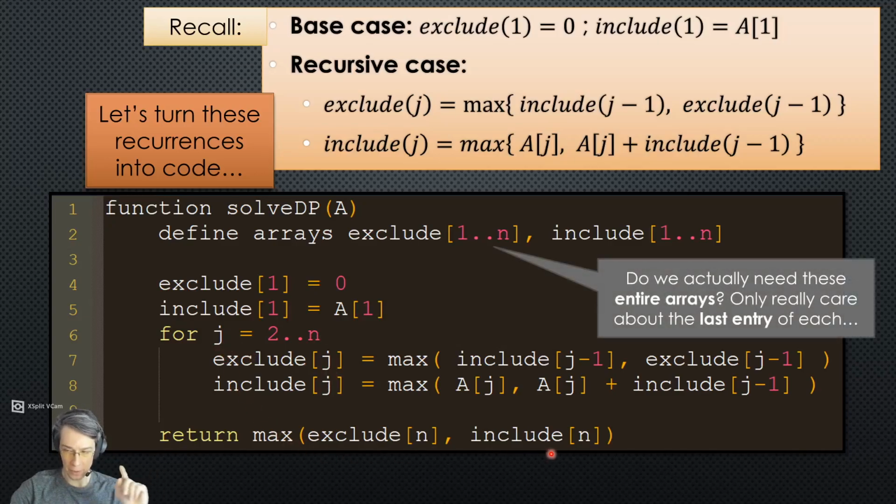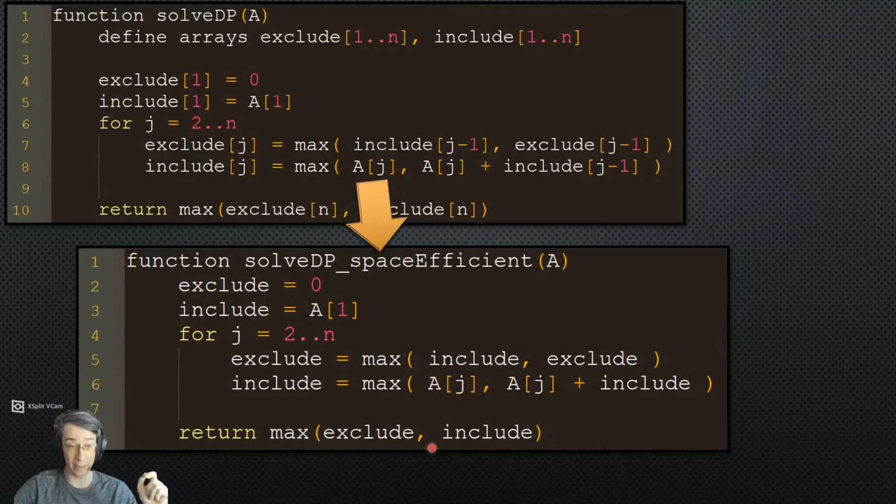Okay, now, do we actually need these arrays? It is a very direct translation from the recurrence relation to arrays, but do we actually need them? When we're computing exclude j and include j, we only need the j minus 1th element of each of these arrays, right? We only need the last element. And at the end, the answer that we return only needs the last element, right? So it sounds like maybe we could get away with keeping only the last element. So we can create a more space-efficient version of this algorithm by basically getting rid of the arrays,